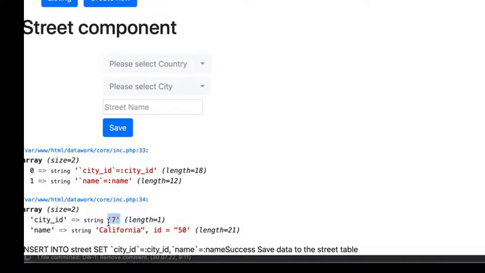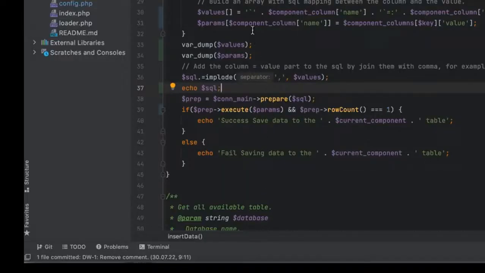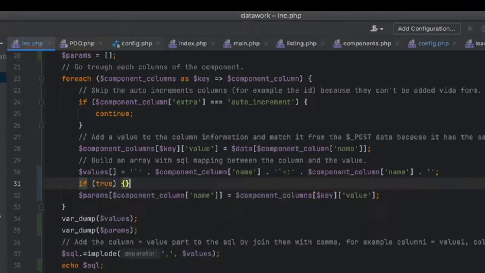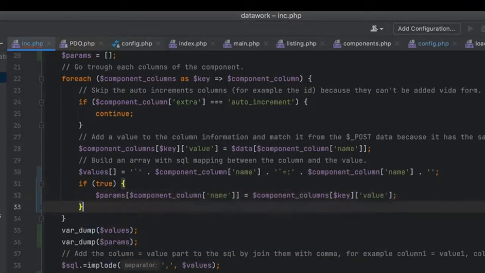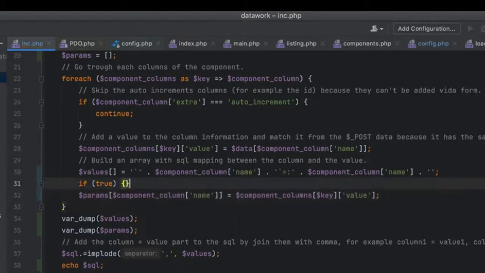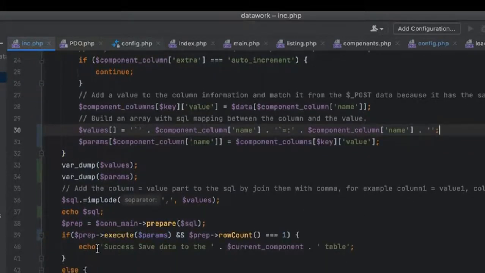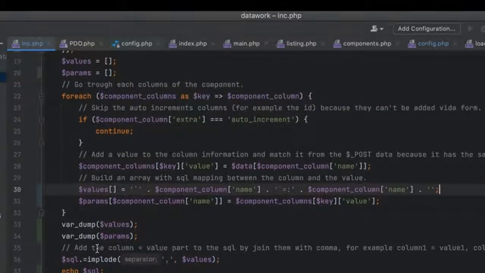I want city ID to be always 20. So this way I should not change the whole SQL. I should only change this one. So I'm here able to put some condition and add parameters or change parameters. So it's more flexible for the logic. This is another reason to use binding parameters. And that is pretty much